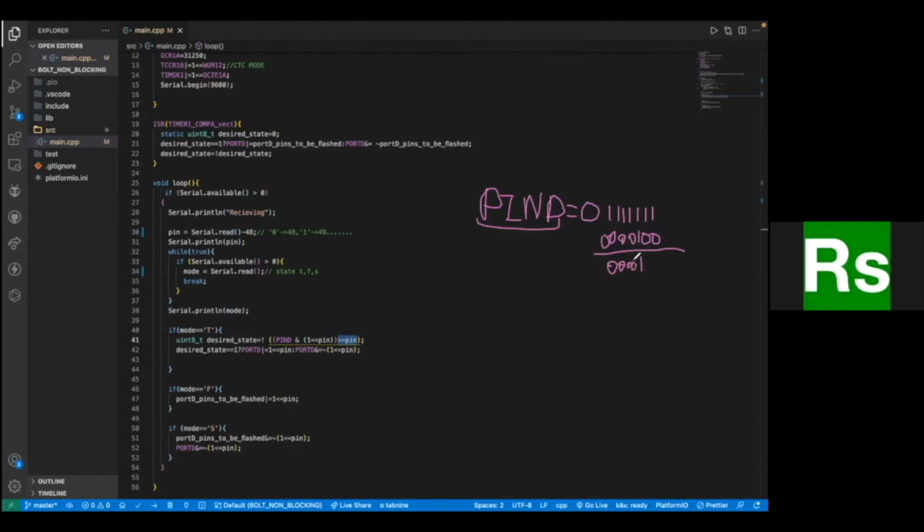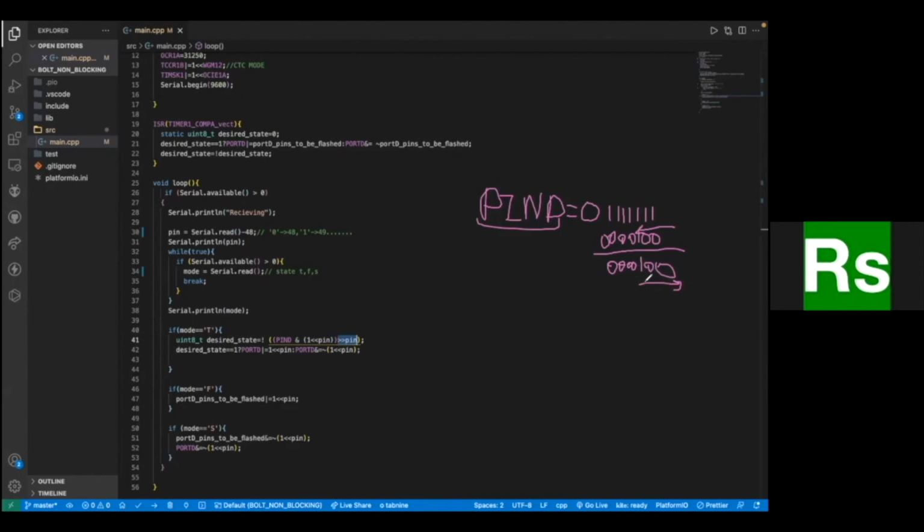So these will be zeros, and these will be zeros. Next, you can see the value of it is 100 in binary. But for the port, we just want a 0 or 1. So we first left shifted the 1 by 2, and now we'll right shift by 2. And this could be 0 or 1 based on the state of the pin. And if it is 0, right shifting might not even do anything, but still we need to do it, right?